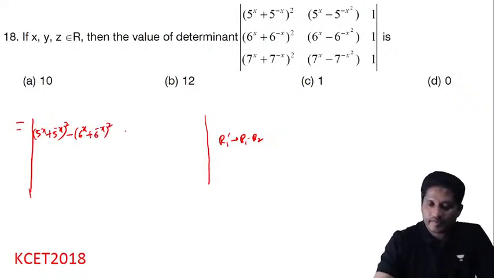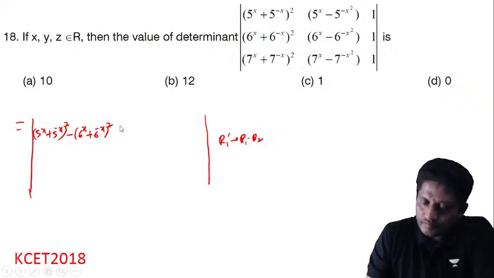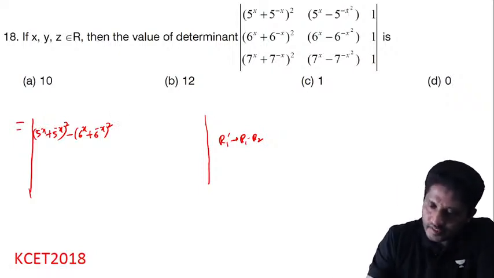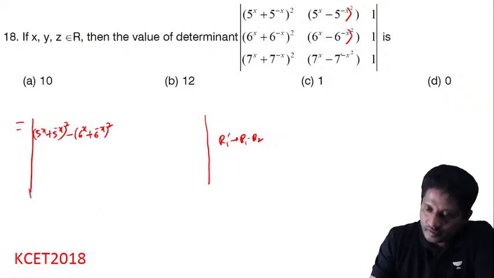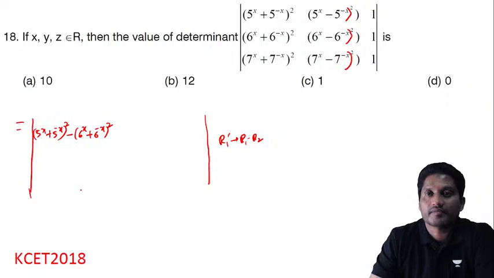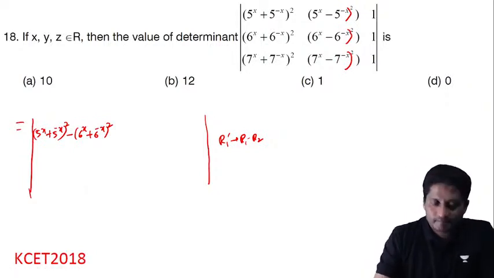Then this is equal to 5 power x, take here the whole square, 7 power x minus 7 power minus x the whole square. Right. Now if I simplify this,